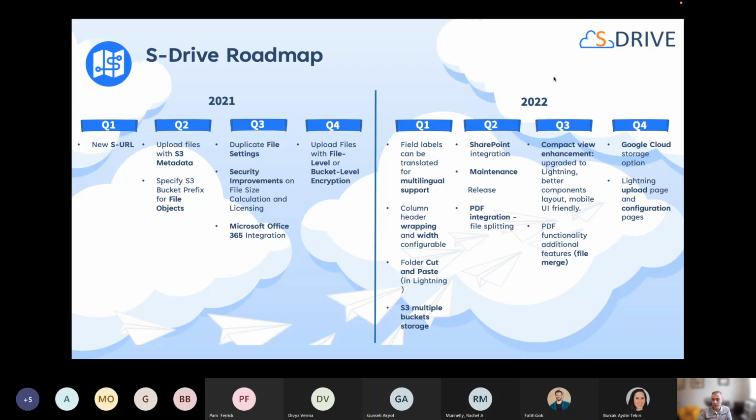These are all coming as feedback from our customers. We handle wrapping of the columns with Lightning. The space got tighter for our component to display all the information. So we are adding column header wrapping, and the width of our columns on the screen on our component to be configurable. We are also improving the cut and paste feature to cut and paste in Lightning